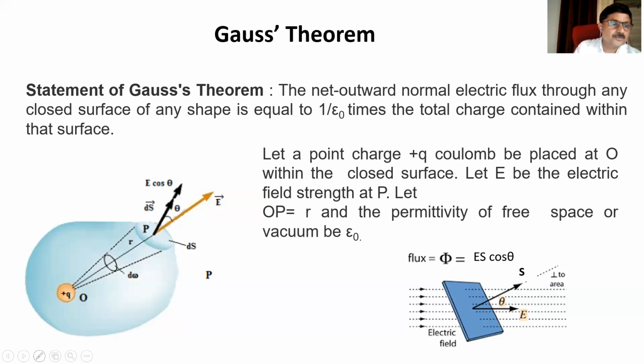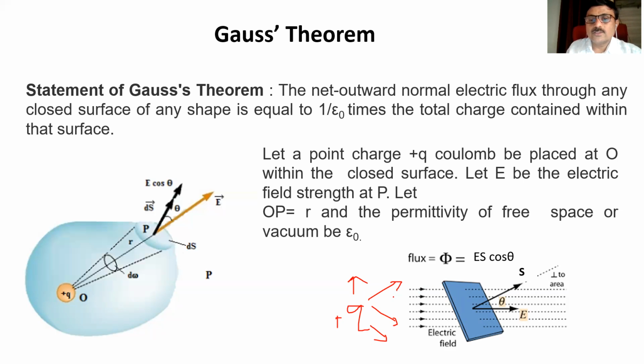See the revision of the electric flux. So we know that when you consider any isolated charge, suppose it is a positive charge, then the electric flux lines will originate in all directions. They will start from the charge and terminate at infinity. So there are a large number of electric field lines. We call it electric flux.